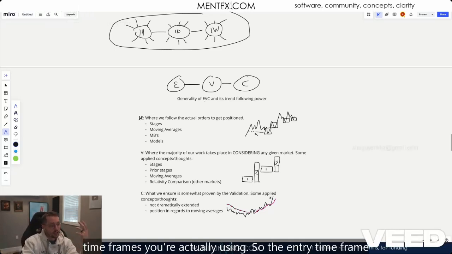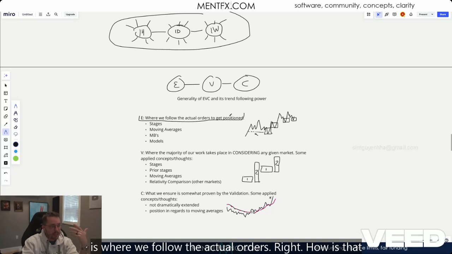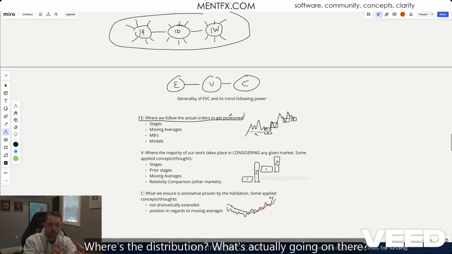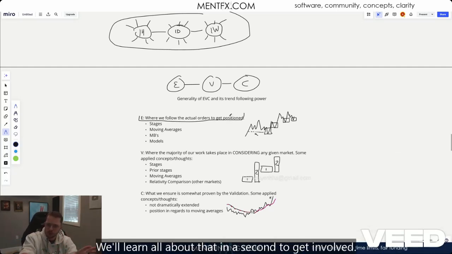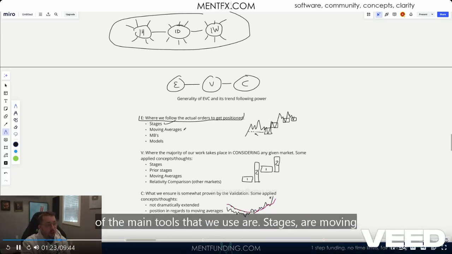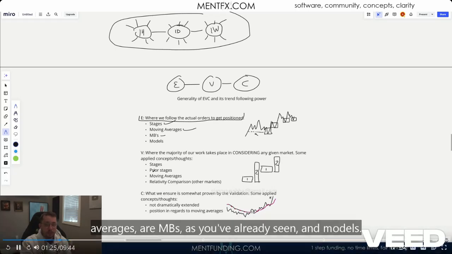So the entry time frame is where we follow the actual orders, right? How is that selling and buying happening? Where's the accumulation? Where's the distribution? What's actually going on there? And we'll learn all about that in a second. To get involved, right? We actually use those moments to get involved. And some of the main tools that we use are stages, our moving averages, our MBs, as you've already seen,